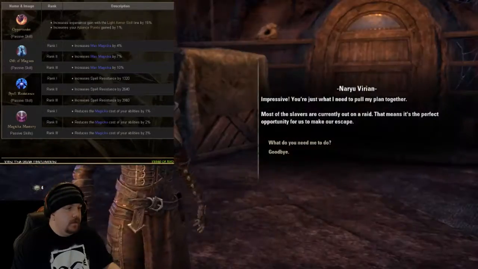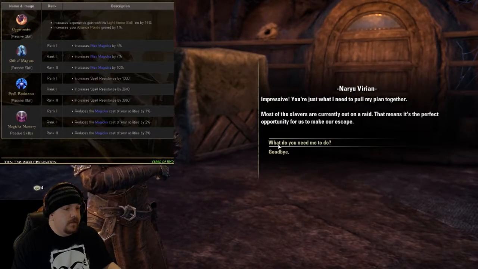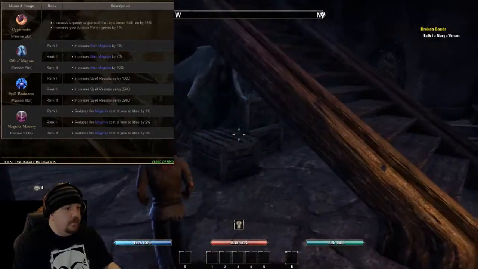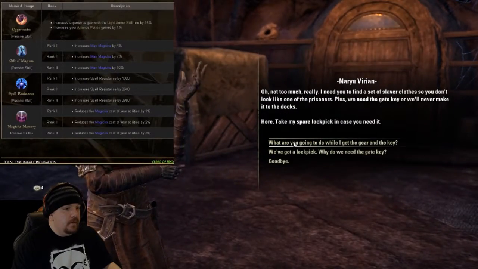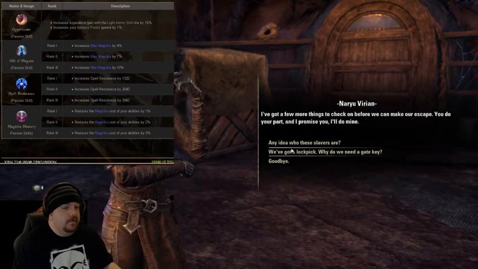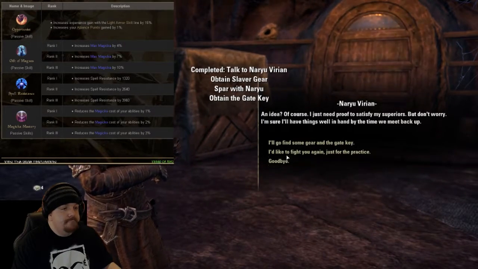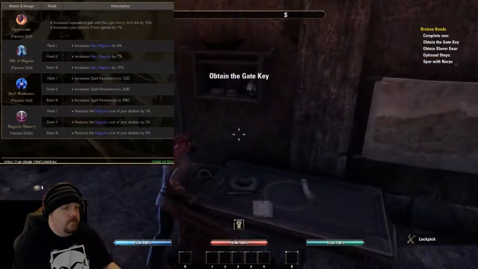What's going on? Impressive. I don't want to fight you again. This quest is basically the slavers, and the fight is carried out. She's not giving you any experience, so you're done with her. What do you want me to do? Not too much, really. I need to defend against some slavers. I had to accept this quest still. Got a few more things to check on before we can make our escape. Some logs, an idea. I just need one proof to satisfy my...